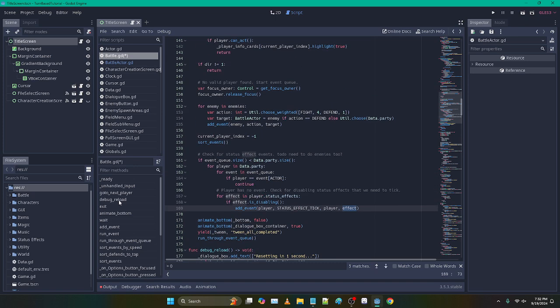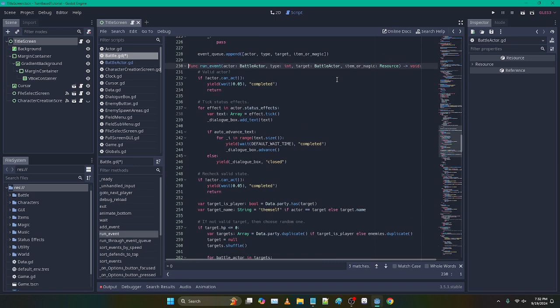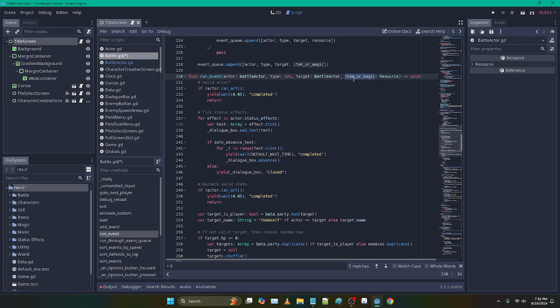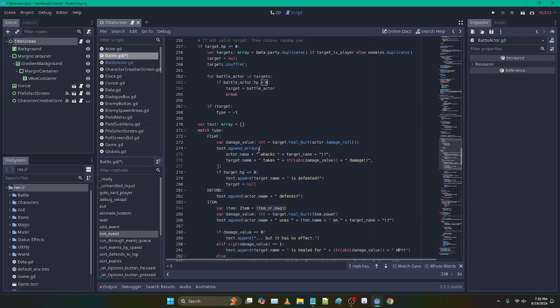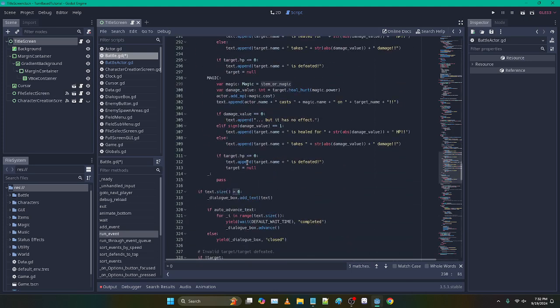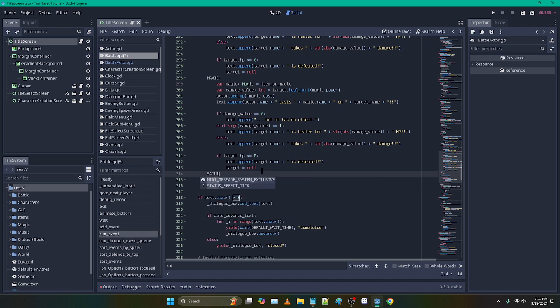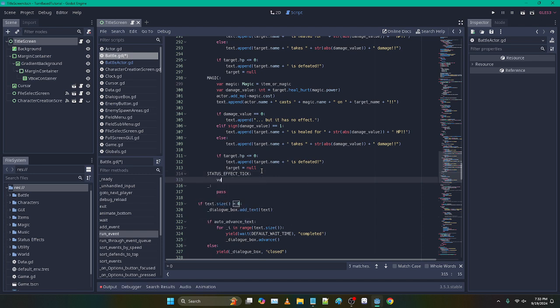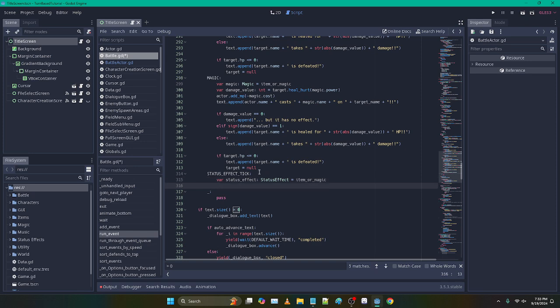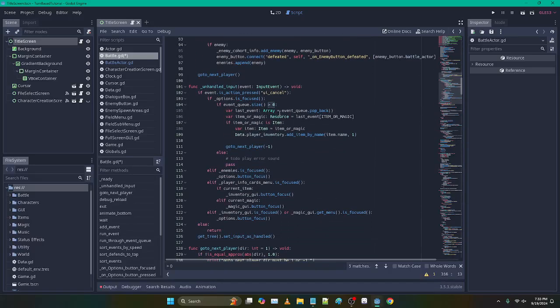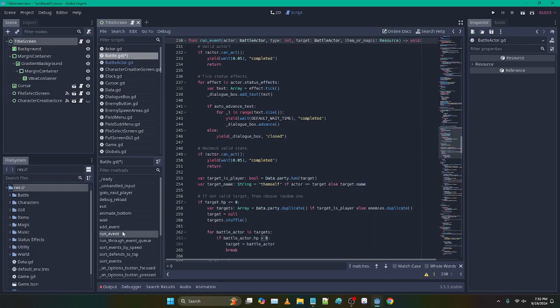And when we go up to run event, I need to rename this at some point, but for now we'll just keep it. And so we go all the way down. We're going to do a new one. It's going to be status effect tick. It's going to be var status effect equals item or magic. And then we can go up here and look at how we handle. I went too far. I just wanted to go to the top of run event. And then we're going to do this,